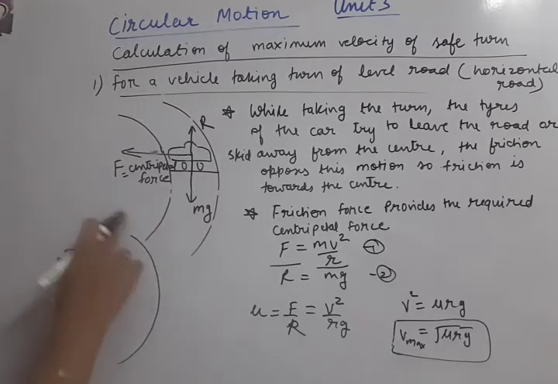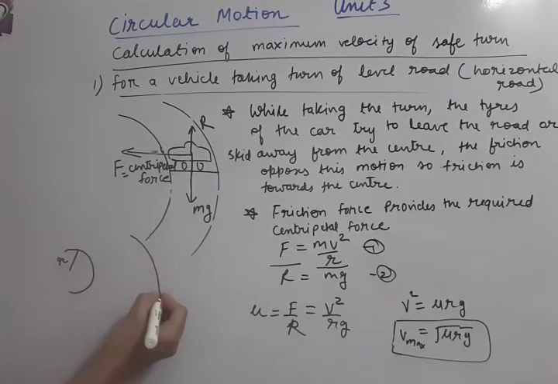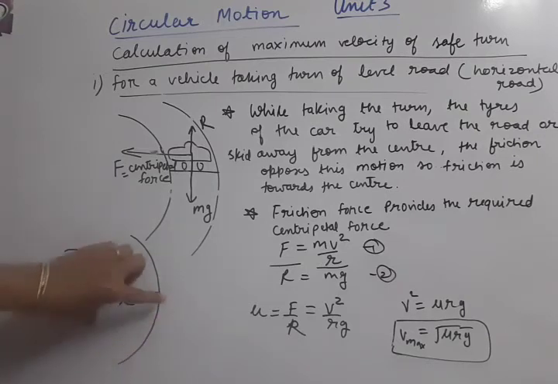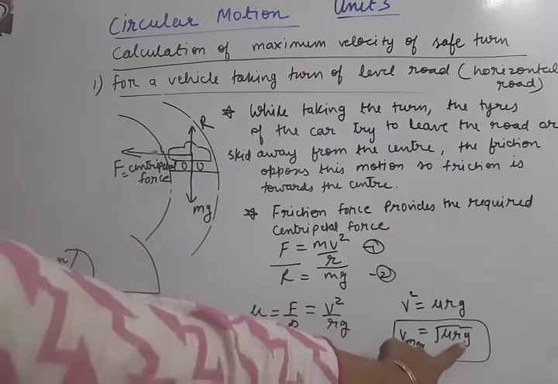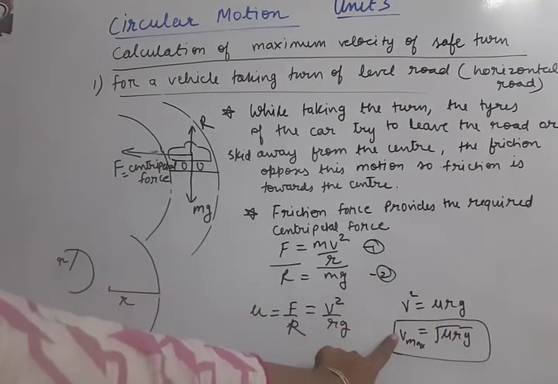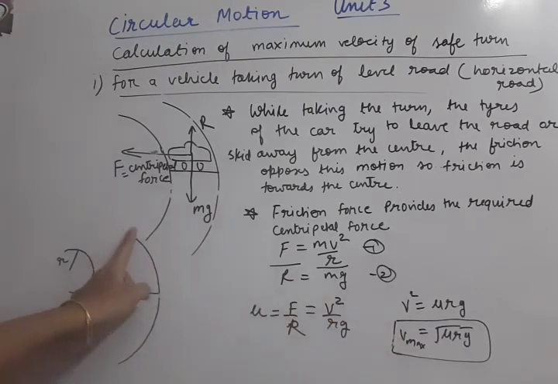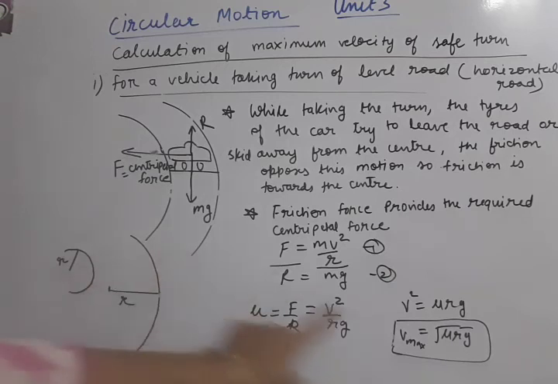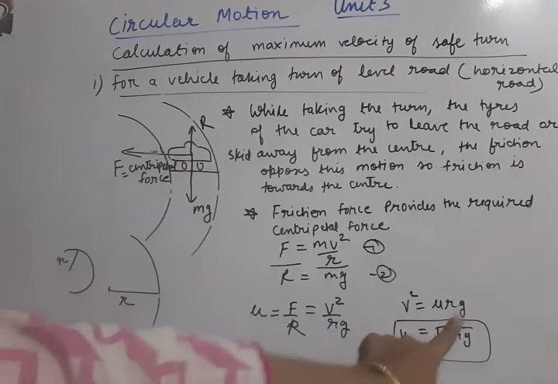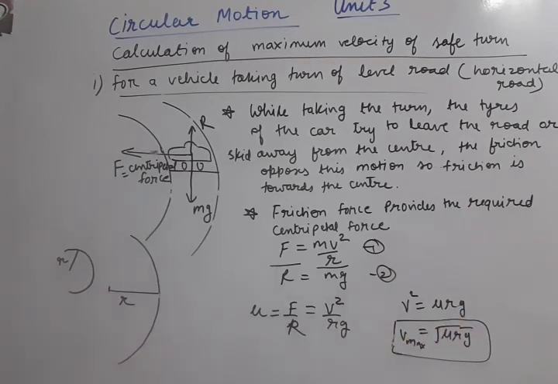But in this case, when the road is this big, meaning the turn is this big, its radius is also big enough. If the radius is bigger, then the maximum velocity of a safe turn can also be bigger. That means here we can use a higher velocity than on this turn. So you can understand the relation between the radius of the turn and the maximum velocity.